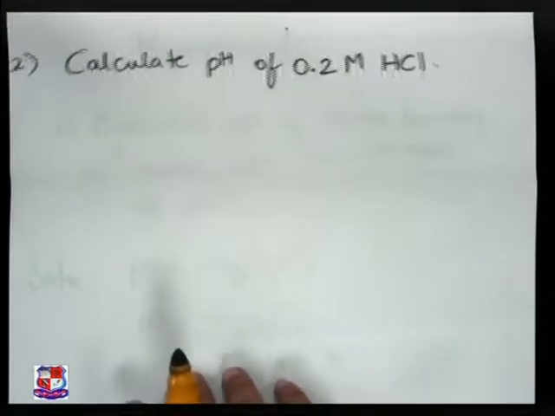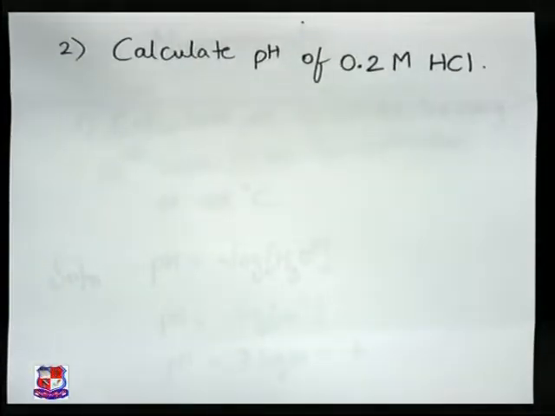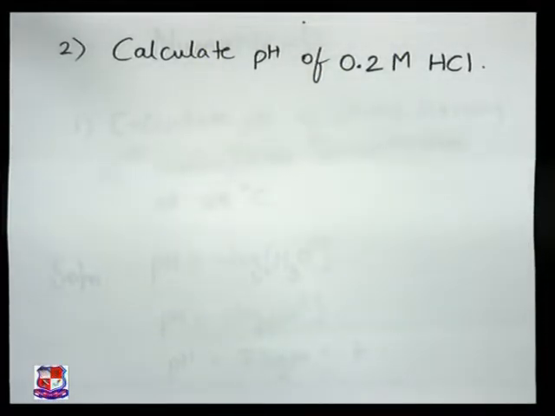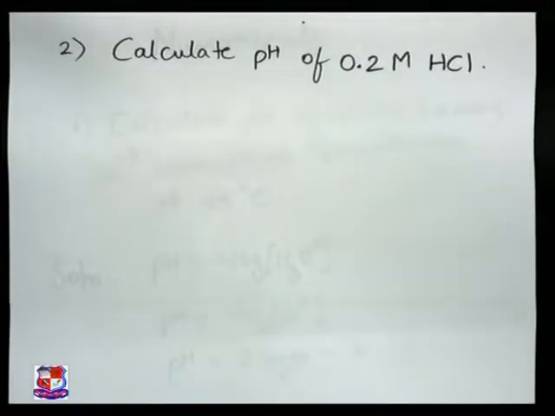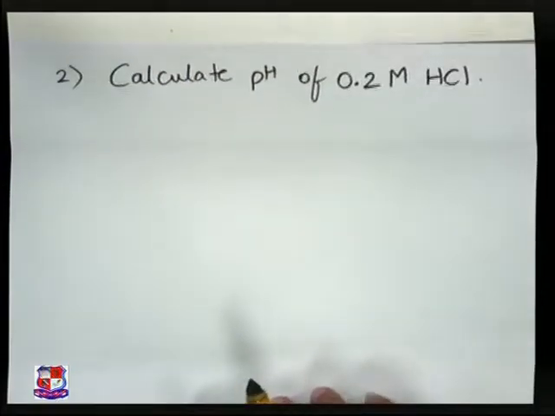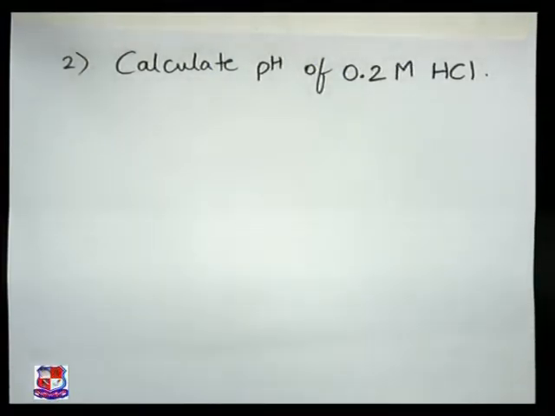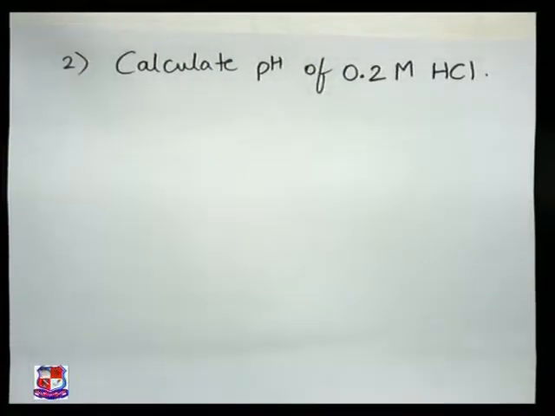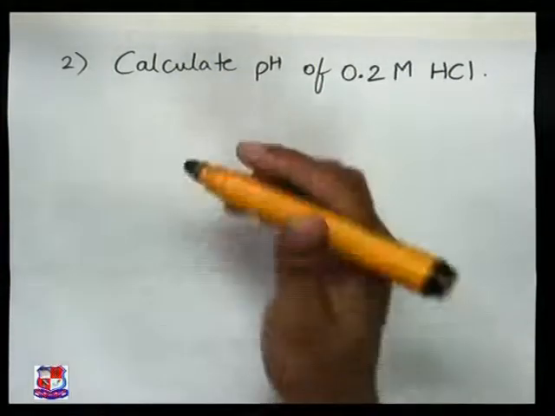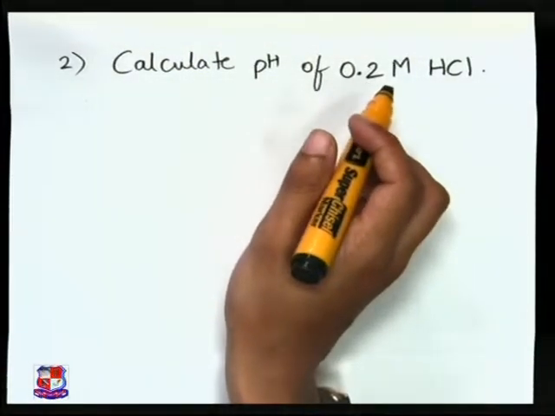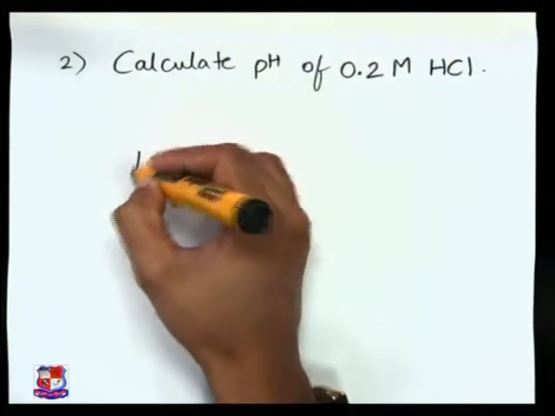Look here, our numerical 2 is: calculate pH of 0.2 molar HCl. What does it mean? First of all, we have to see that HCl is what? It is a strong acid. Okay, you are aware, HCl is a strong acid. So now I can apply my formula straight away. You can see 0.2 molar, that means concentration is given. So I can write here pH